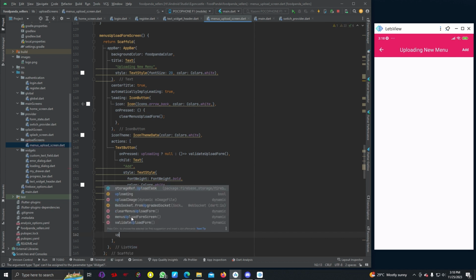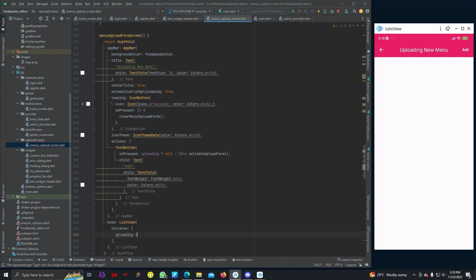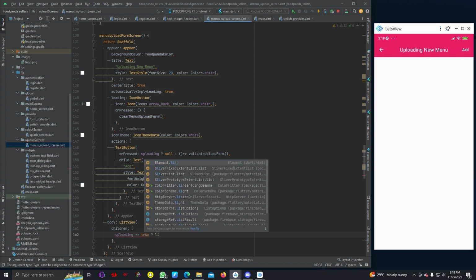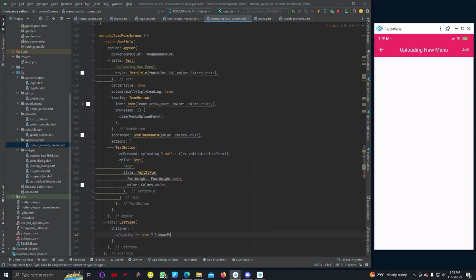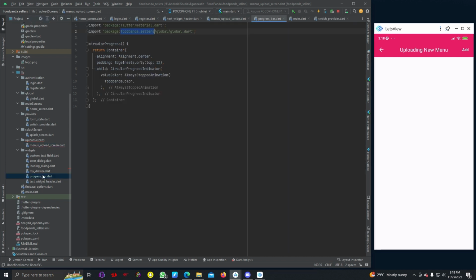Children: if uploading is true, then it's linear progress. Okay, we can add a linear progress bar in our progress bar. So let's add that. So linear progress